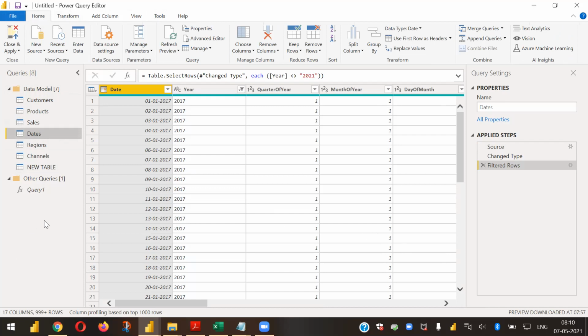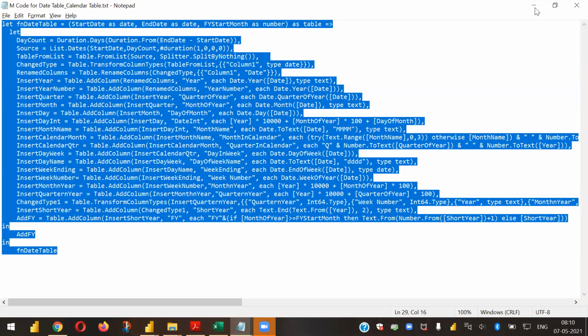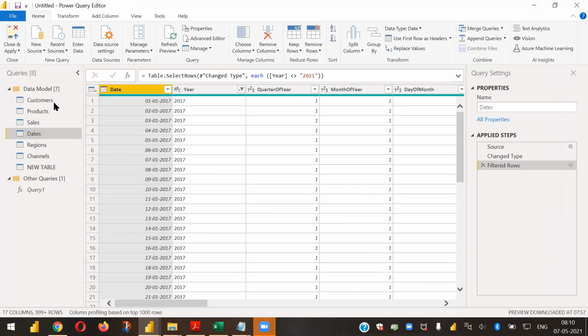In a totally new file, you definitely have to recreate it. As long as you have the same Power BI desktop file, this dates table is there. When you create a new one, just like I started from the beginning, there will be nothing there. When you import a new sheet, only that new sheet will come; there will not be a dates table. Again, you have to copy and paste this script to get your dates table, because this is generated from Power BI desktop only. We are using the features of Power BI desktop.